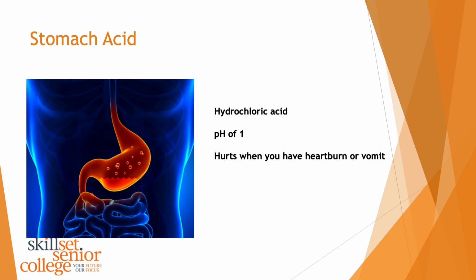One of the strongest acids that we know of is hydrochloric acid, which has a pH of 1. And we actually have hydrochloric acid within us, and the acid in our stomachs would be extremely dangerous if it wasn't housed within our stomachs. If anyone's ever had heartburn before or been sick, you know that it really hurts your throat. One of the main reasons it hurts your throat is you have an extremely strong acid burning the lining of your insides. Why doesn't it feel like burning all the time?